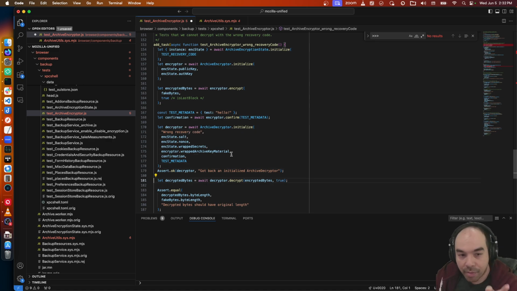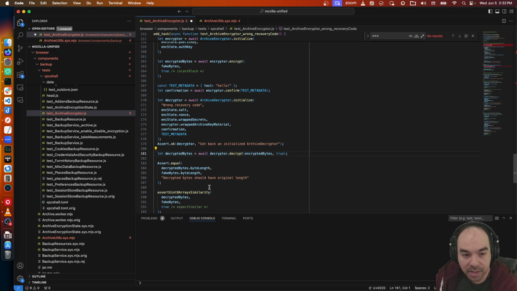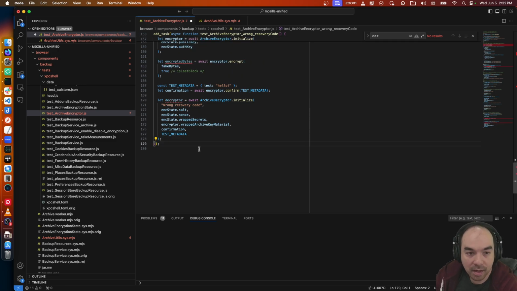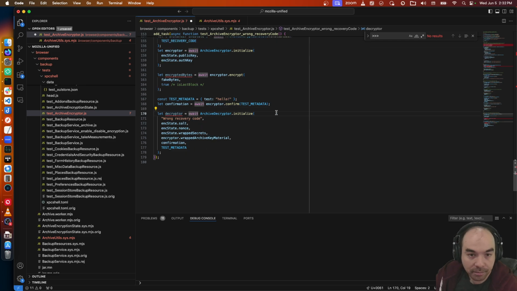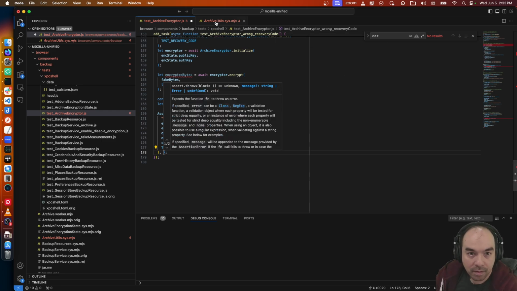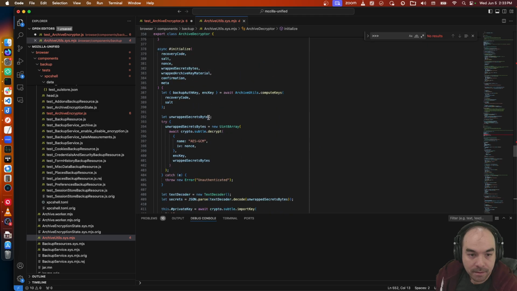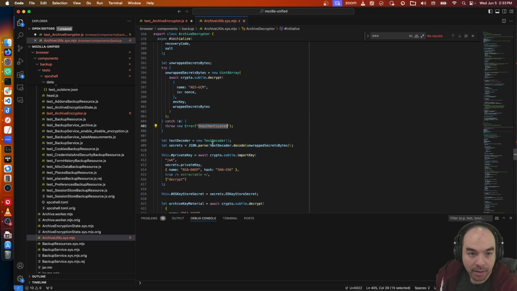I think this is going to throw. I think as soon as we attempt to initialize it, it's going to throw, and it won't let us do a decryption. So let's test this. I think this will be assert throws. And I can't remember what it'll say. It'll be something like, probably unauthenticated.